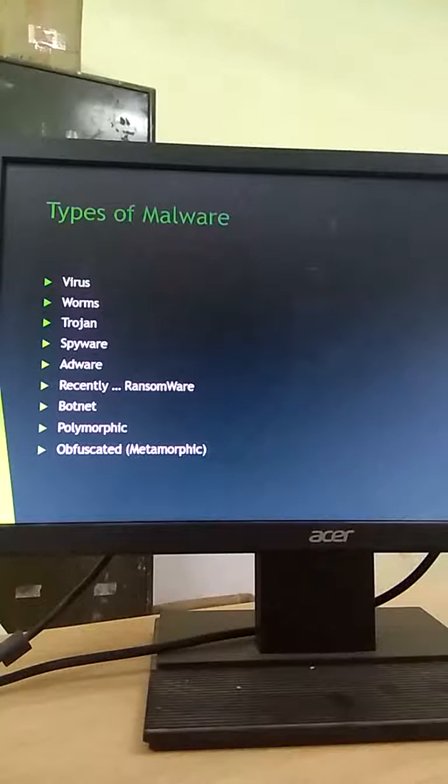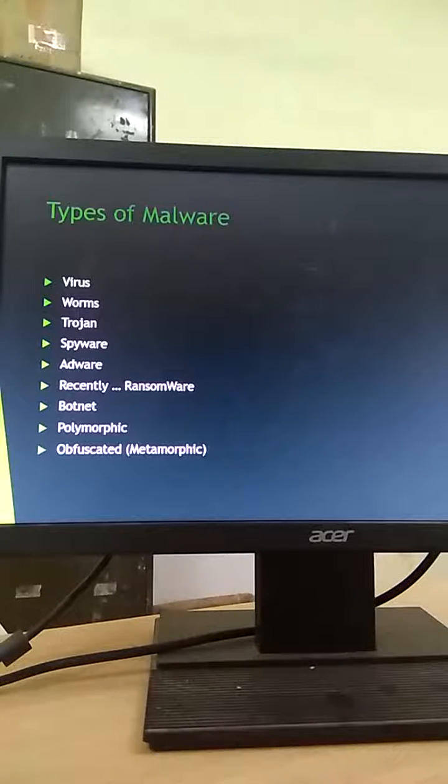Recently a new trend is coming which is called ransomware. What it does is that when it comes into your system, it copies the data, it usually encrypts the data, and then it displays a message that if you want your data back by a certain date, you pay some money to a specific account. It encrypts the entire file system, and unless you pay them money, they don't give you a key. If it's important data, you have to pay them money, and that's why it's called ransom.